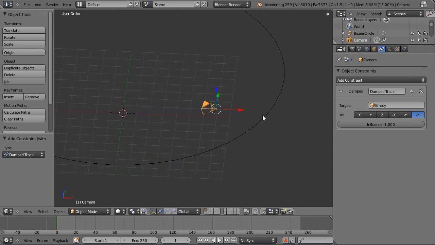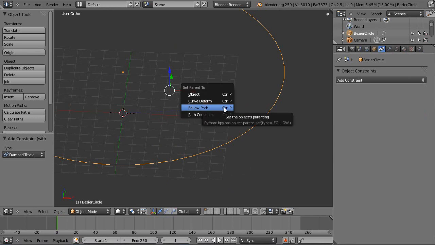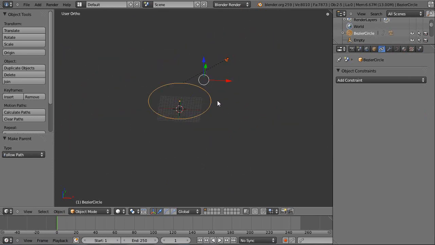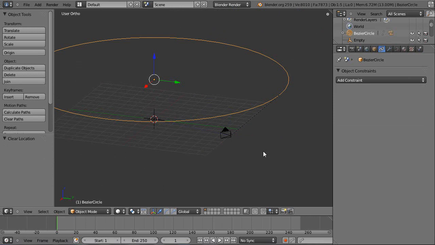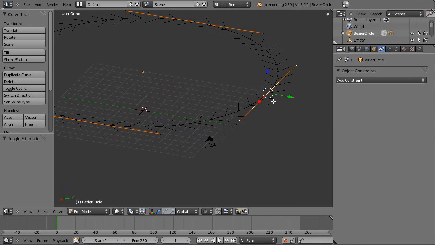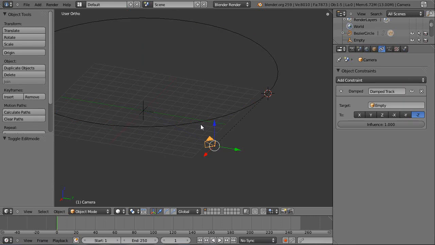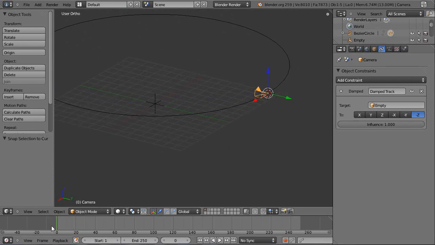is cool. And then we select the circle, select the camera, then the circle, and Control P, select follow path. Now the camera's got off in some weird place. So I'll just, with the camera selected, do an Alt G so it's sort of closer to where I need it to be. And then with the circle selected, down to edit mode, and you see this dotted line pointing to the circle. Select the sort of control point that the dotted line is pointing to, and go Shift S, cursor to selected, and then tab out of edit mode, select the camera, Shift S, select the cursor, and it should, if the camera rotates